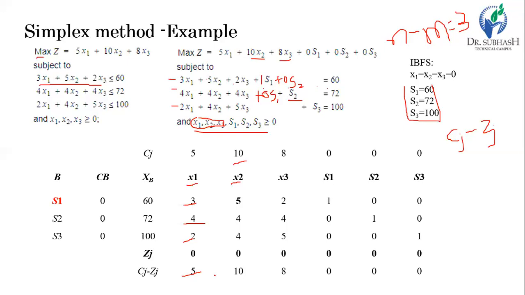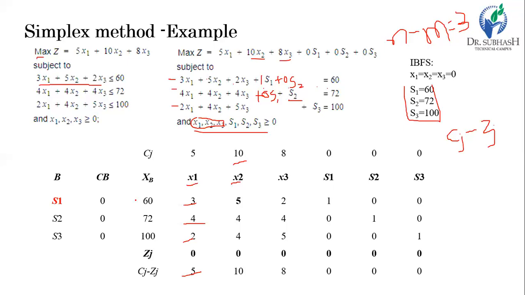And the same practical meaning holds for all these Cj minus Zj values. If you choose x2, it may have a positive effect of up to 10 units, and x3 has a positive effect of 8 units. And s1, s2, s3 do not have any effect on the objective function, because they are already in basic variable form. And keep in mind, a basic variable always has a Cj minus Zj value equal to 0, except in some special cases.